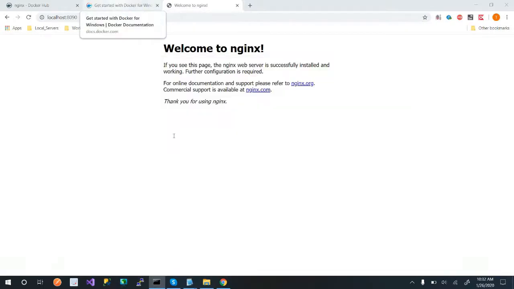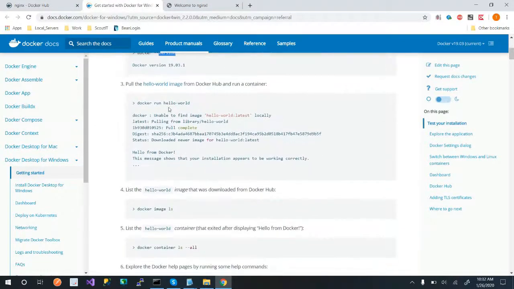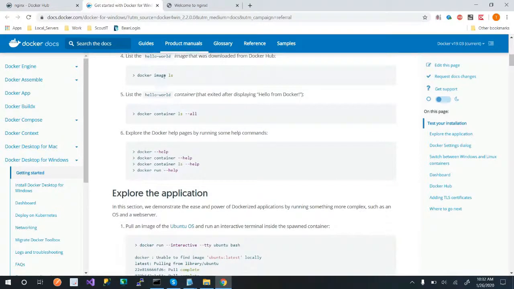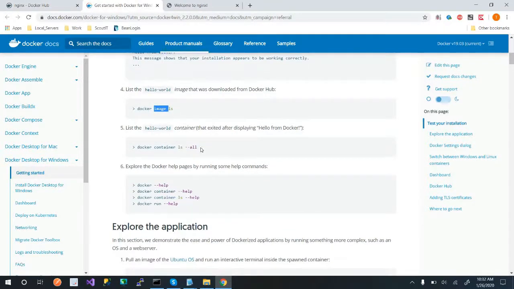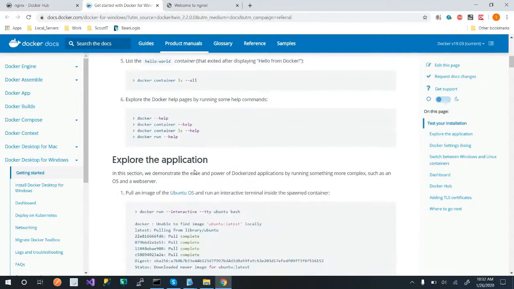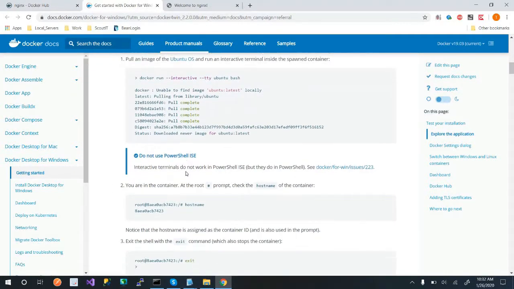Don't worry about what I'm doing. Just go here and do this. Get your version. There's that hello world. You can do a lot of cool stuff. And notice it can be Linux, it can be Windows, and it's smart enough to know the difference. That's what I was getting at. So I kind of hope this at least gave you an introduction of what this was. And I hope you understand that.